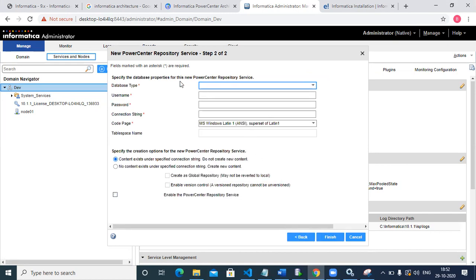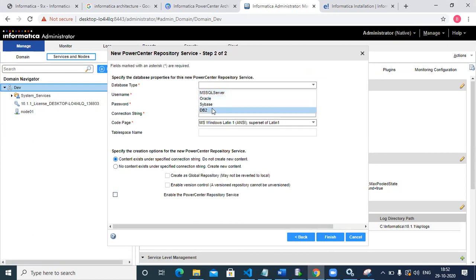It will ask for database information, database type. We have 4 databases. As I explained, Informatica supports these 4 databases. As of now we have Oracle. Click on Oracle. Username is INF info repo, password is INF_repo, and the connection string is